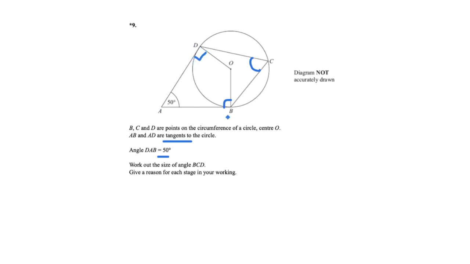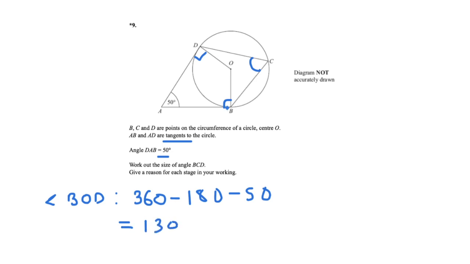So if we know that this is 90, this is 90, and this is 50, that means we can work out BOD. So what I would say is BOD, we have, this is a quadrilateral, so it'd have 360 degrees in. So we want to minus 90 plus 90 and minus 50. And that will give us an answer of 130. So we know this angle here is